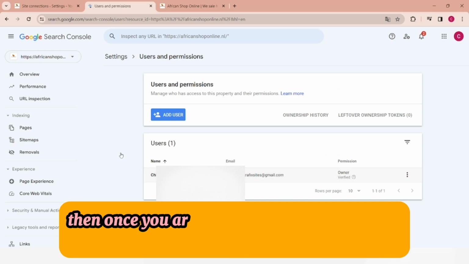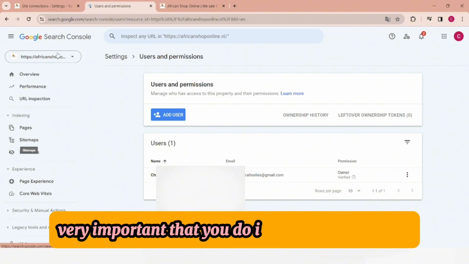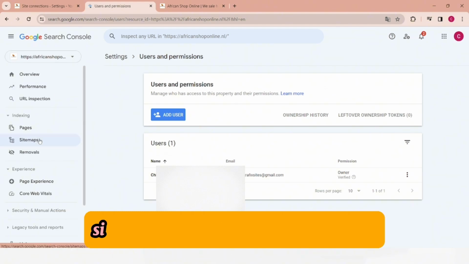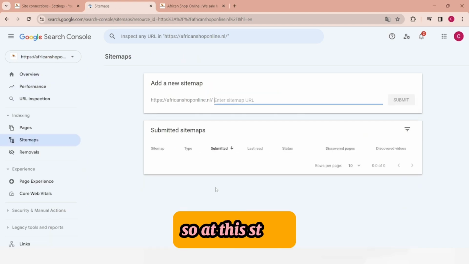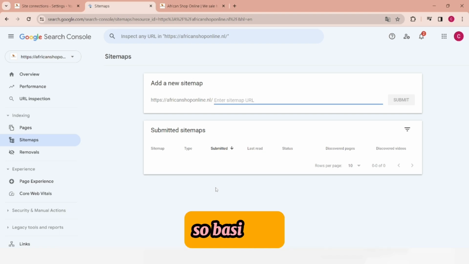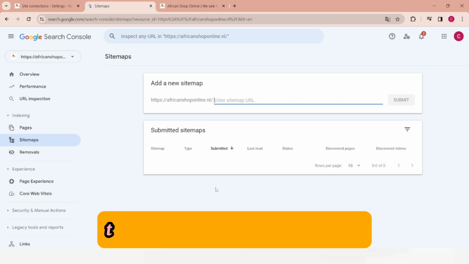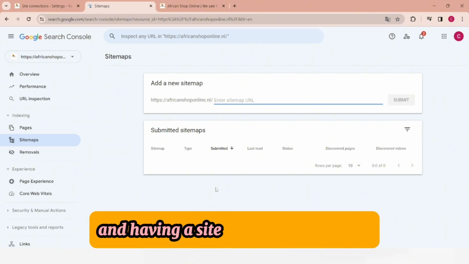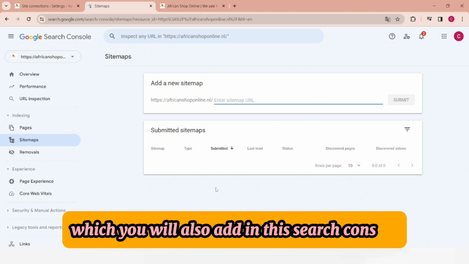Then once you are here, the next thing which is very, very important that you do is to add your website sitemap. Now with that, come down and click on sitemaps. So at this stage, I know you might be asking, what is a sitemap? So basically, a sitemap is a link of the pages you want Google to crawl or to index on your website. And having a sitemap of your website, which you will also add in this search console, will help Google